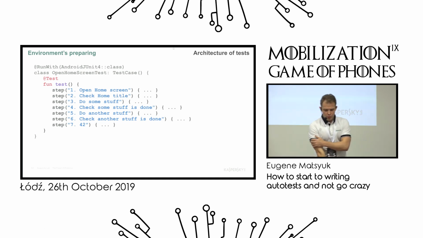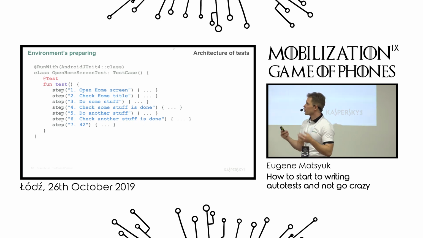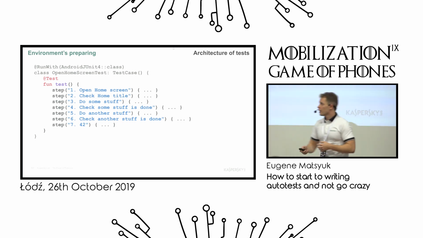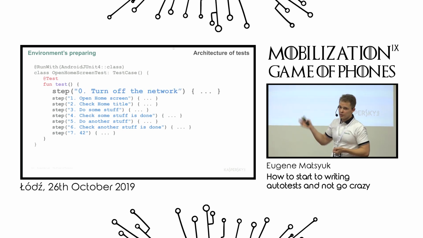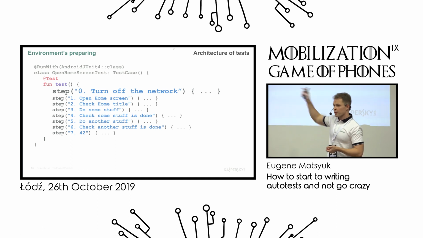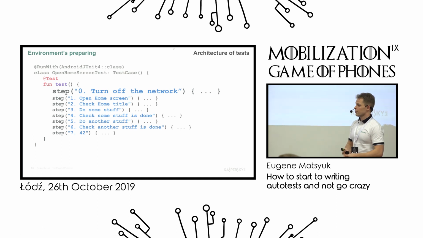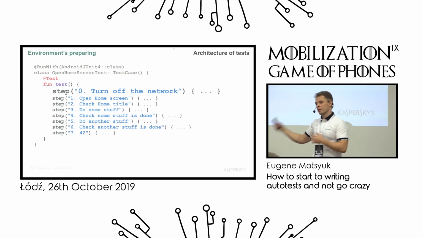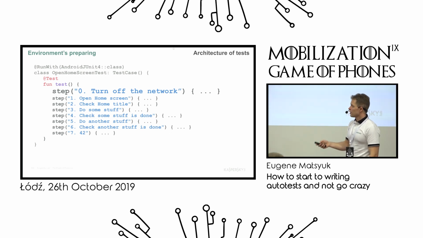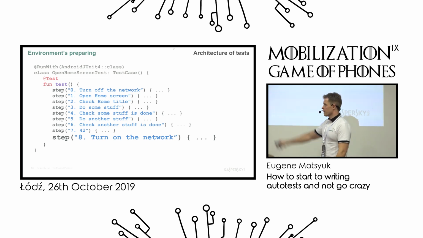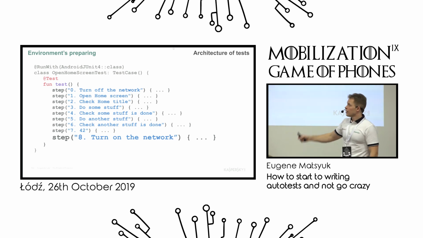Then the following thing I want to consider here is environment preparing. So there are a lot of test cases where you must prepare your device. For example, turn off the network or maybe something else. And what can we do? We can add a zero step, for example, turn off the network. And the main note here is that after your test, you must restore the device's state to the beginning state. It's a very important thing to avoid flakiness for following tests. So okay, we can do it, and we just add an eighth step, like turn on the network. Yeah, but